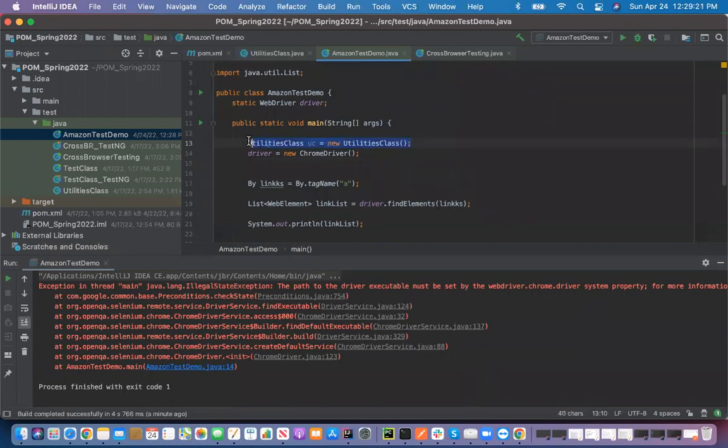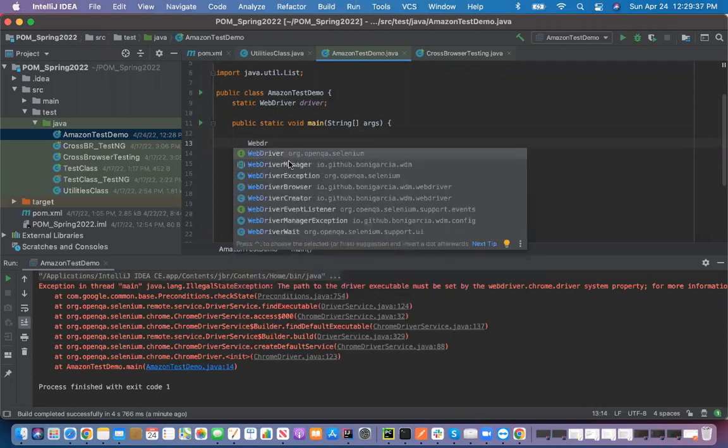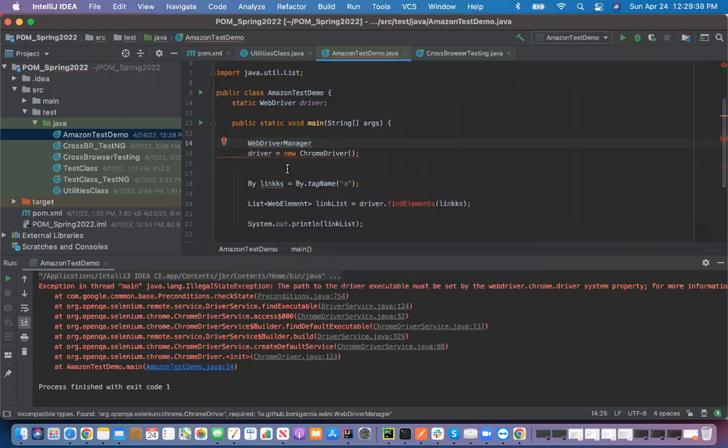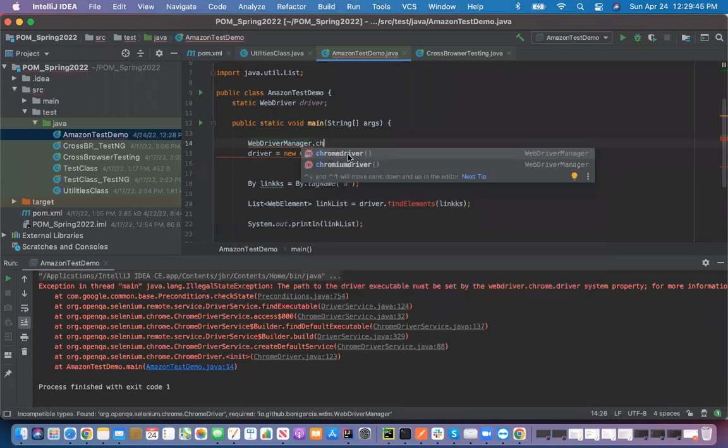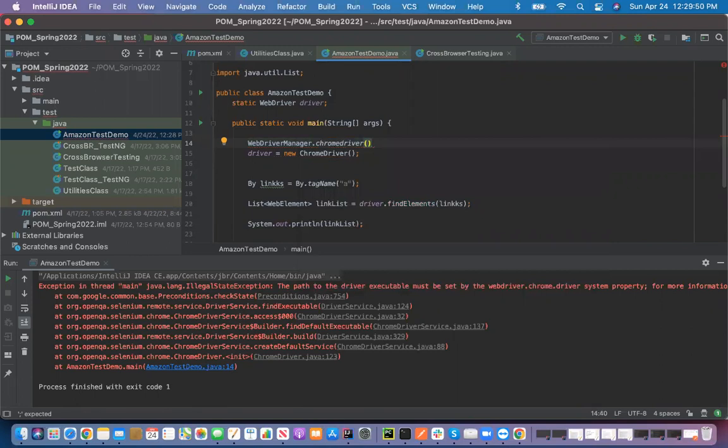I'm just writing WebDriver manager, and then dot Chrome driver, and then dot setup, right? Okay. So driver equal to new Chrome driver, and then